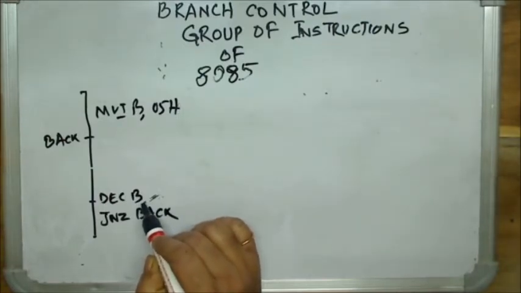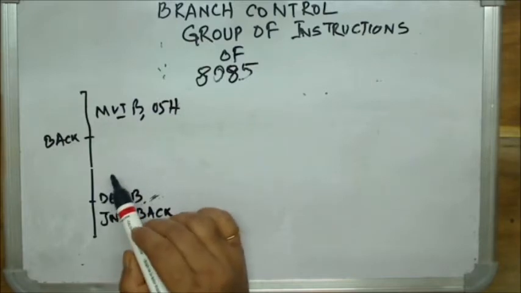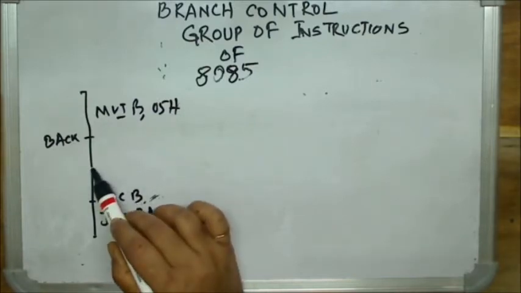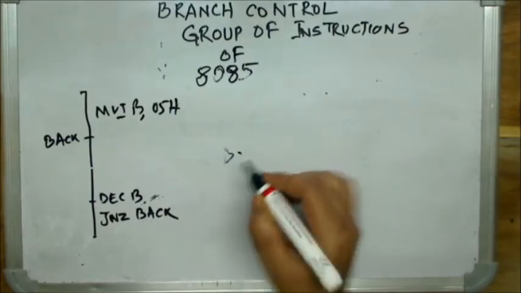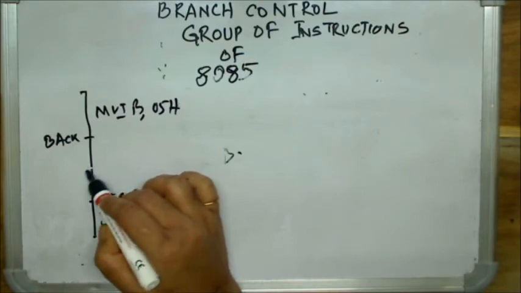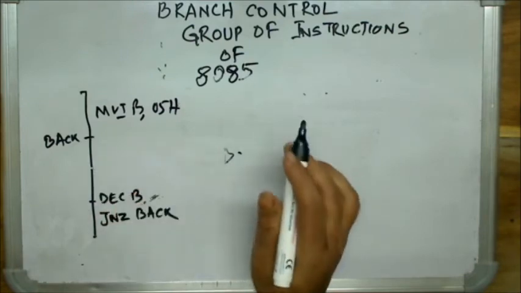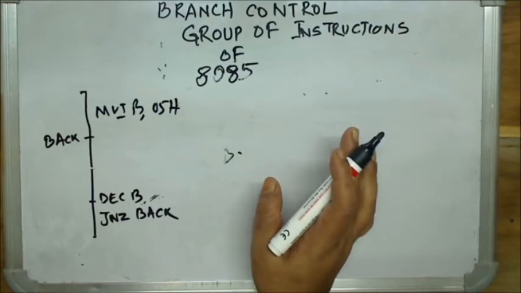Because, did you understand this? If you write this DECB in the middle of the loop, what will happen? B will be decremented. Your zero flag will also become 0, but